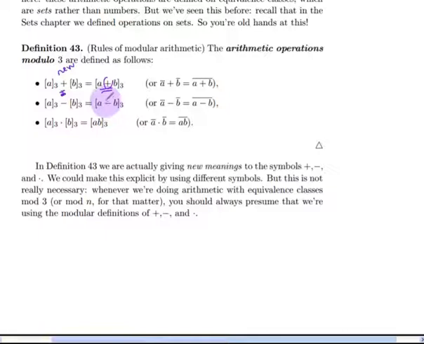Say, for instance, if I want the equivalence class of 5 plus the equivalence class of 7. Well, that's the equivalence class of 5 plus 7, or 12. So it turns out the equivalence class of 5 is 2. The equivalence class of 7 is what? 7 is 1. And the equivalence class of 5 plus 7 is 0. Okay, so emphasize again that these plus, minus, and dot over here, these are new meanings for these symbols. So be careful when you're applying this